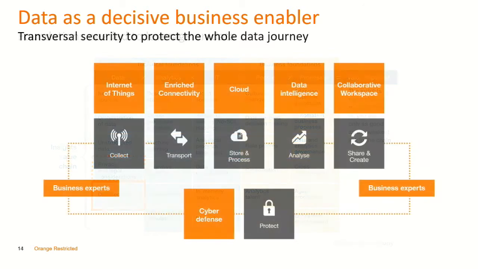As part of Orange, we are really convinced about the importance of cybersecurity and IT security, and this is why we position it as a transversal business line supporting all the rest of our activities, which are the collection of data, the transport of data, the storage and the process of data, analyzing, sharing, and creating data. All those activities are supported in a transversal way by the cybersecurity, which consists first on the core network security,